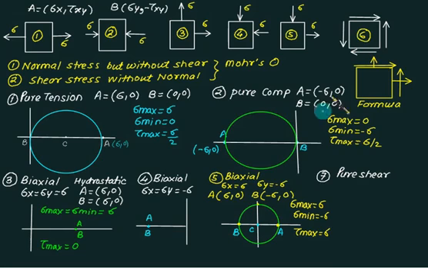Finally, we have a pure shear case. So there is no sigma x and no sigma y. So we are in figure number 6 now. We can write the coordinate of A as 0 comma tau xy, and the coordinate of B is 0 comma minus tau xy. So for the first time we have both coordinates on the tau axis and again equidistant from the origin. So this point represents our A point and this point will represent the point B. Naturally C is the center at origin, and with CA as the radius and C as the center, we draw the full circle. So we get a Mohr circle.